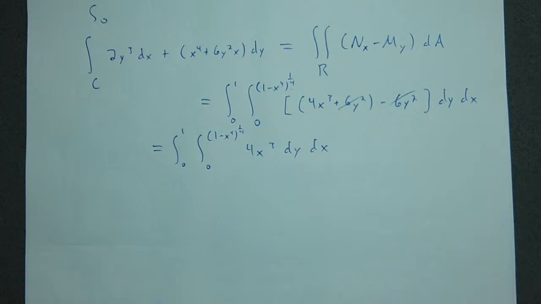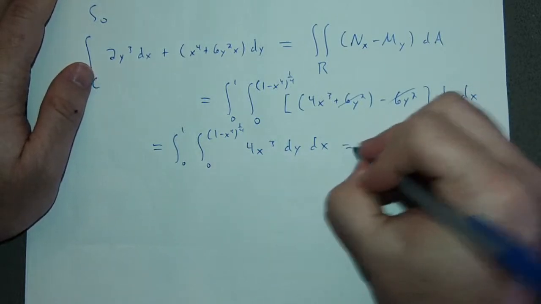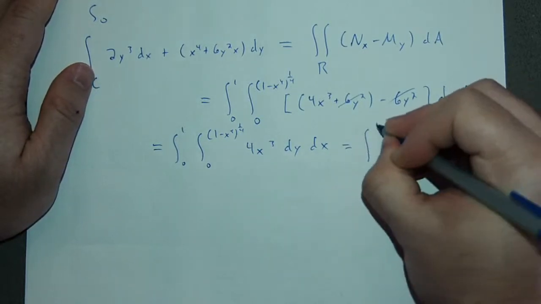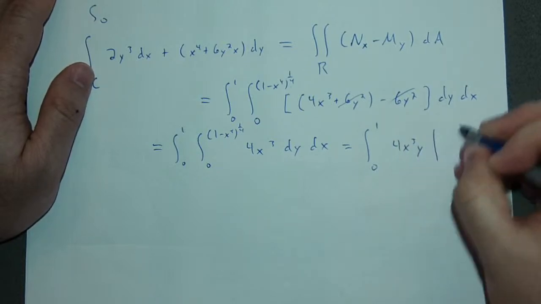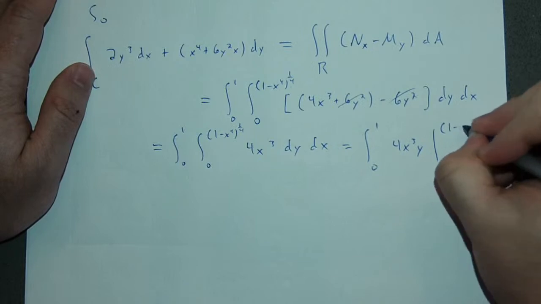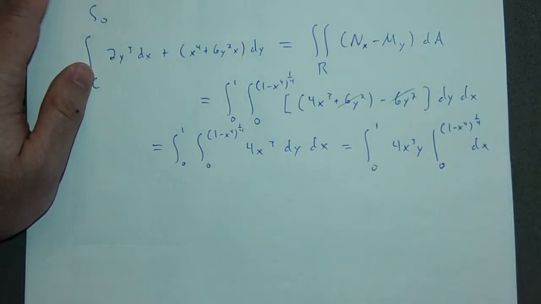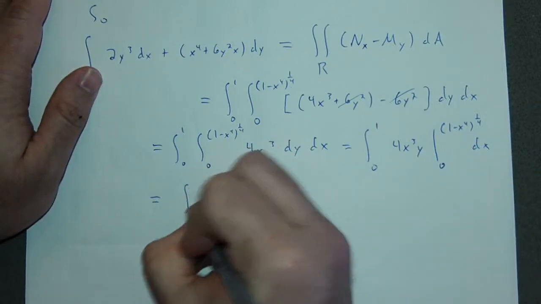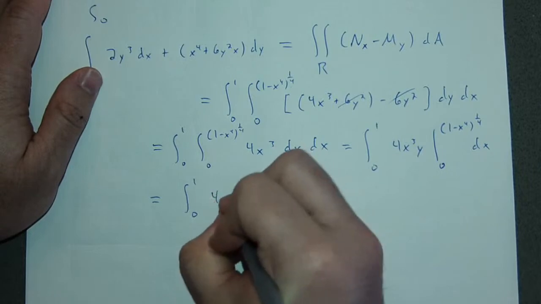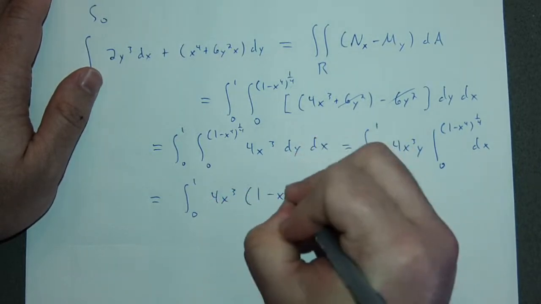So the integral that I am doing first is with respect to y. So I'm treating 4x cubed as a constant. So this is the integral from 0 to 1 of 4x cubed y evaluated from 0 to the fourth root of 1 minus x to the fourth dx. Evaluating at 0, I get 0. And so I get the integral from 0 to 1 of 4x cubed times 1 minus x to the fourth